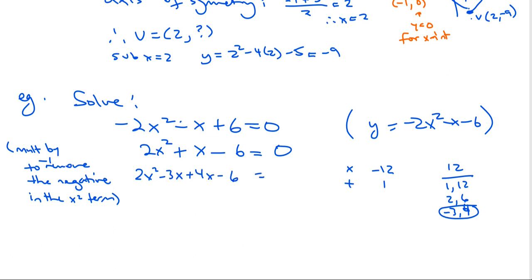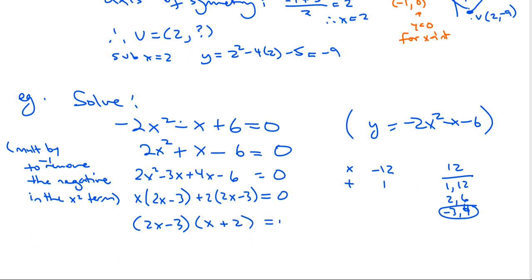I am decomposing the middle term into the two parts, and now we're going to common factor each of the two parts. So I have x times 2x minus 3, and there's a common factor here of 2 times 2x minus 3 equals 0. And now I got 2x minus 3 is my common factor of the whole thing. I'll put it out front, and I'm left with x plus 2 equals 0. Now that I'm here,